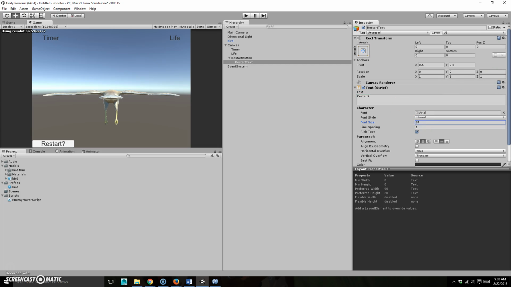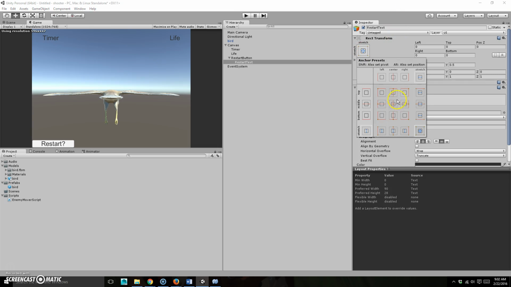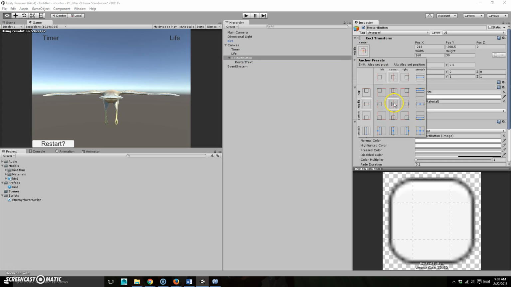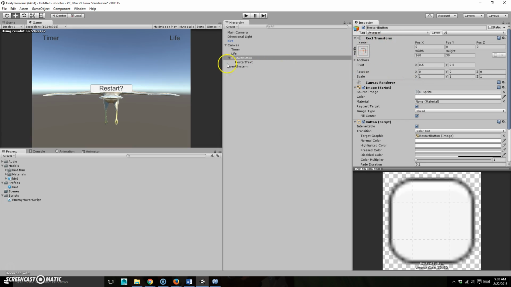Okay. I'm going to take this and I'm going to hold Alt and Shift and I'll click in there. Oops, that doesn't work. Sorry, got to do it on the button here. There, boom. Oh, thought I clicked on it. Come on, there we go. Click in here, boom. All right. That way it's right in the center. So I just held Alt and Shift and clicked on that to center it, and now we got a restart button, and we're gonna need one